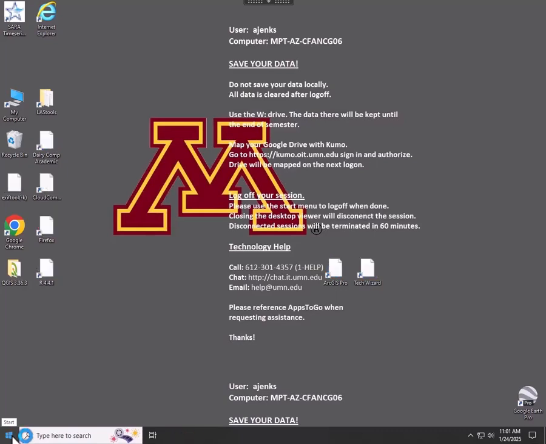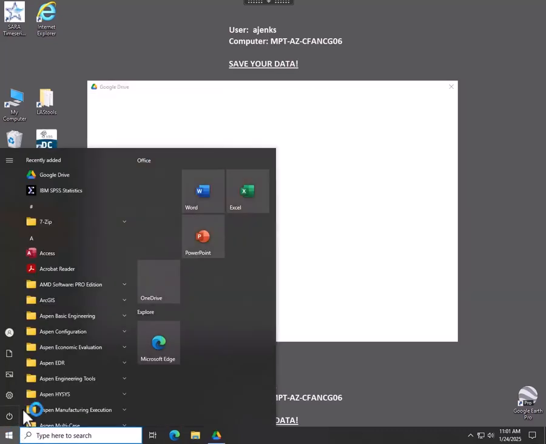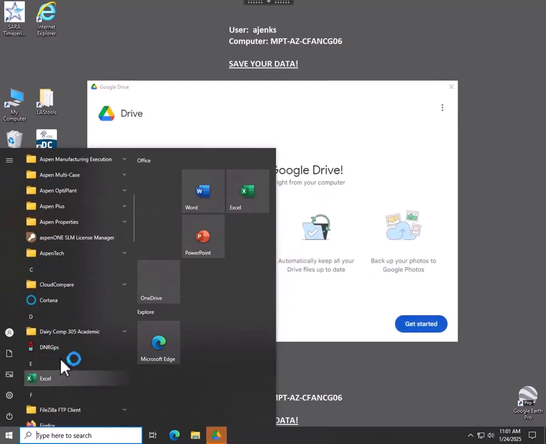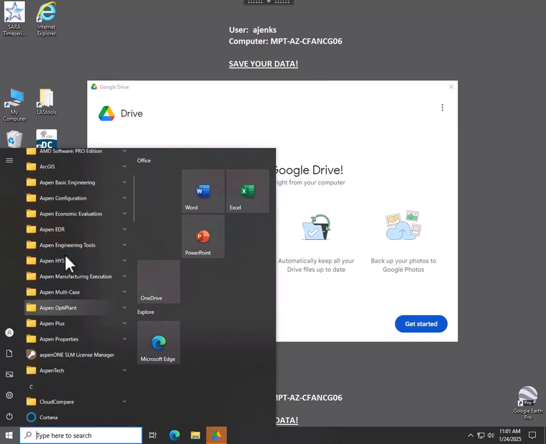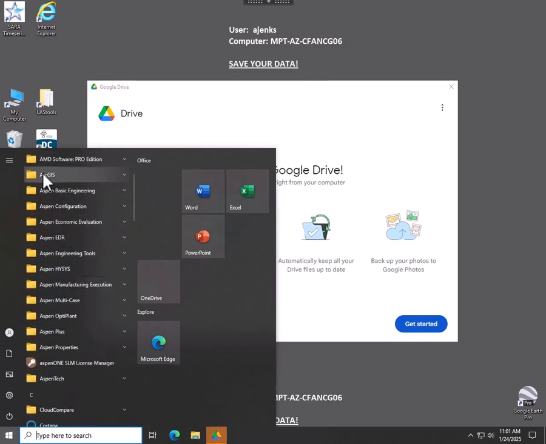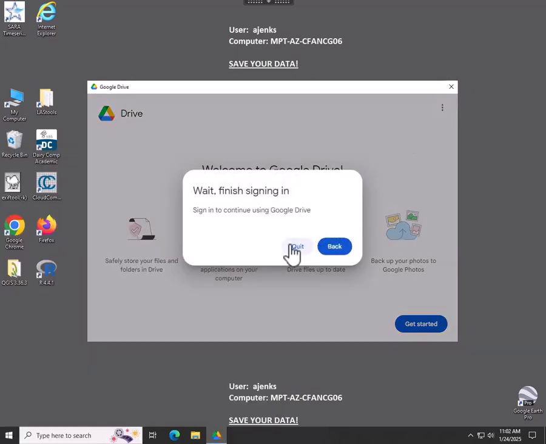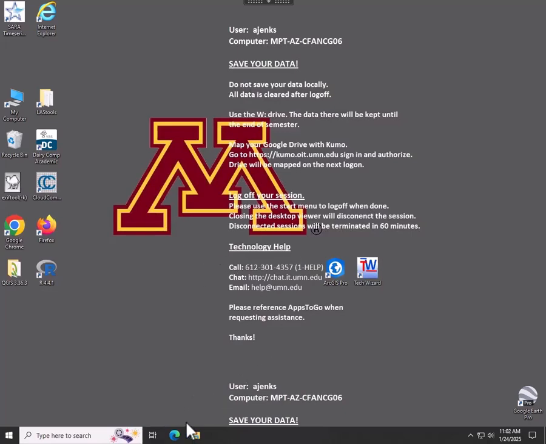Now, if you're in the computer lab or at home, you'll go directly to this ArcGIS starting process. I was just showing you again that process for the CFANS desktop and the Citrix starting. Okay, so we're going to ArcGIS, and we're going to Pro. I'm going to make sure I get rid of my Google Drive. I don't need that. So I should be starting ArcGIS here.